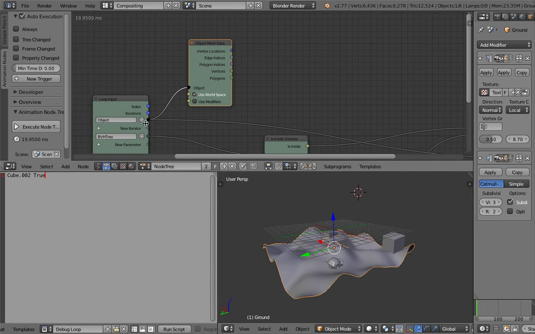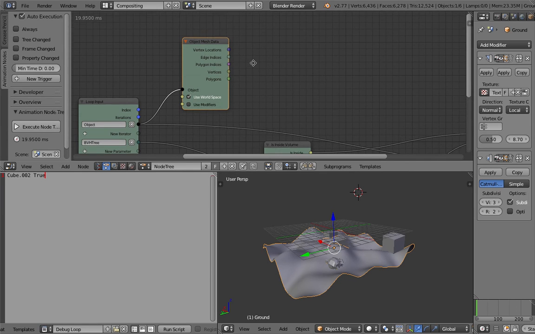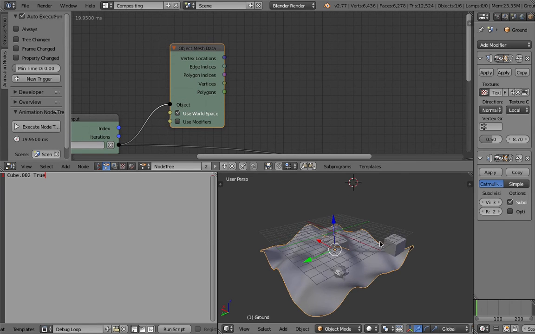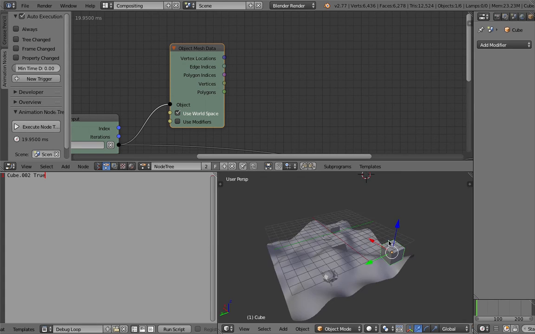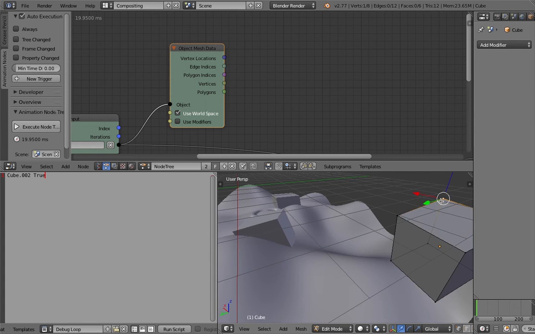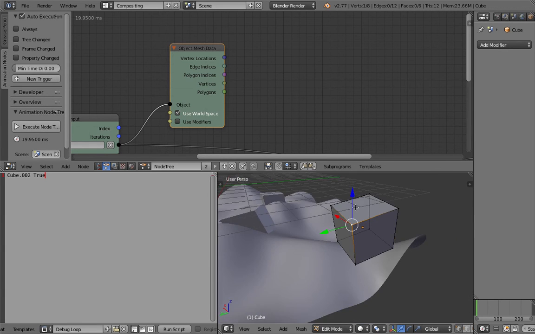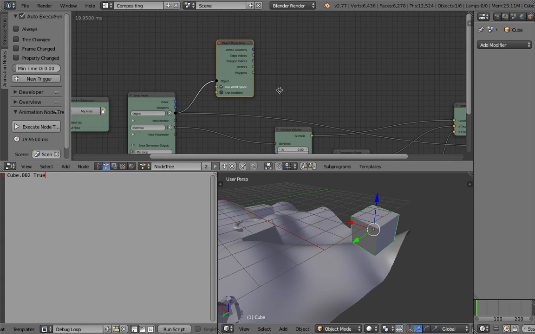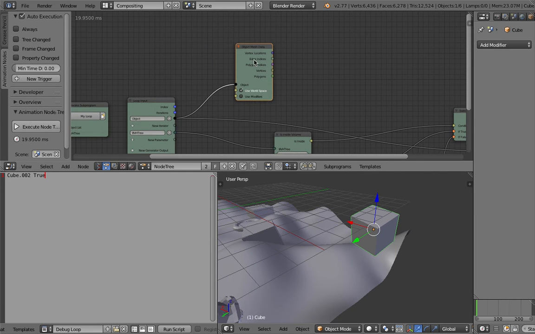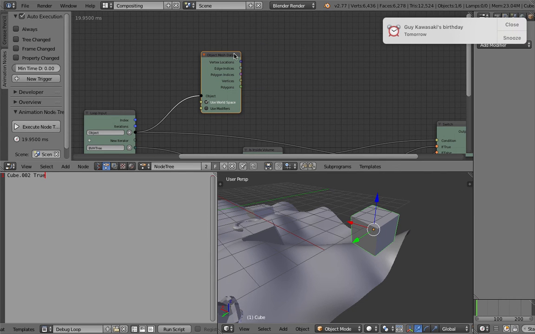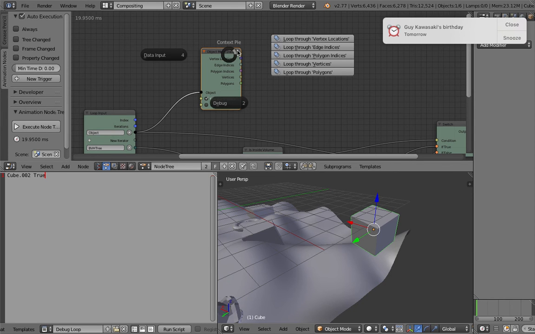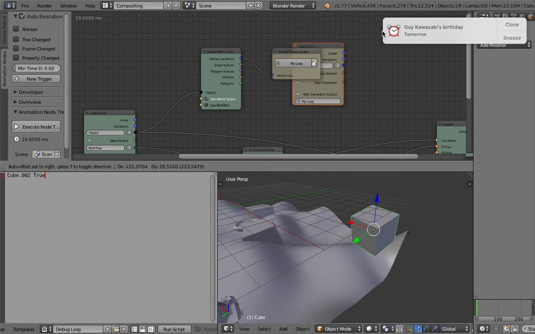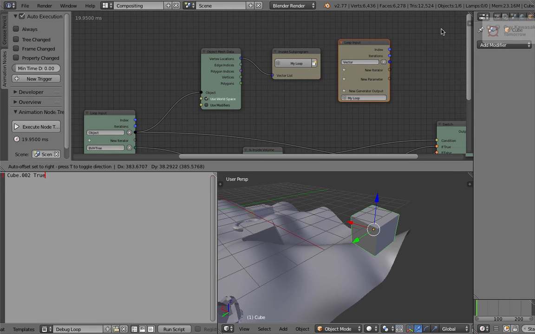And if we plug the objects into Object Mesh Data, you know how it looks at the vertex, the position of each vertex here, and we can have the BVH tree inside this guy. Let's see, I'll just hit W and then loop through the vertex locations, and let's see what